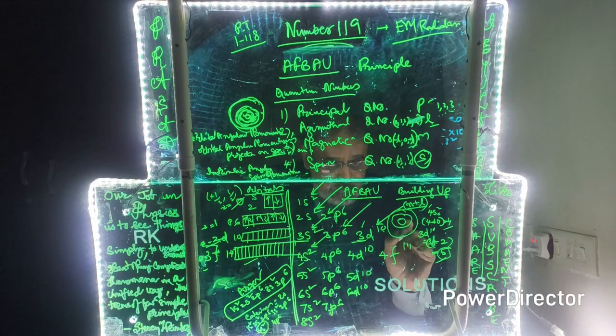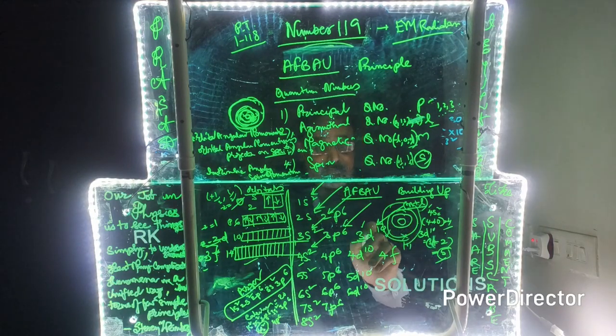The electron should have filled this one first, but instead it fills this one first. It doesn't fill 3D. It fills 4s2 before 3D. That's about quantum numbers. Why I am telling you all this is because